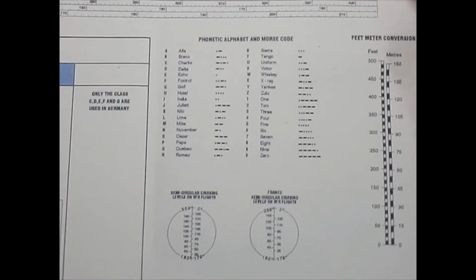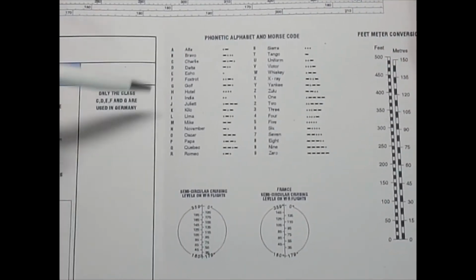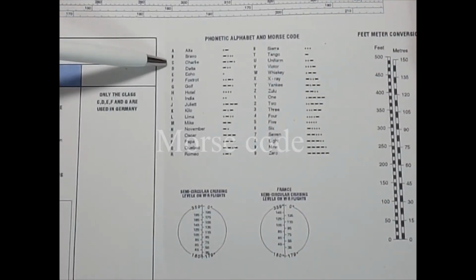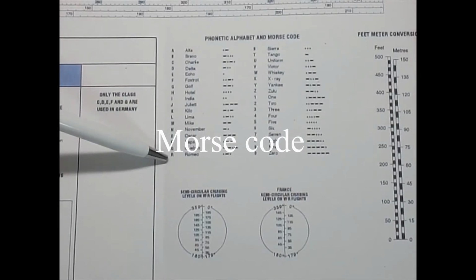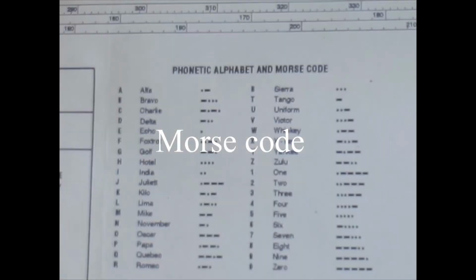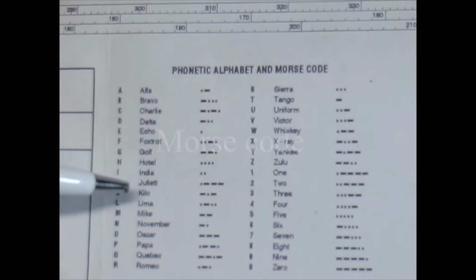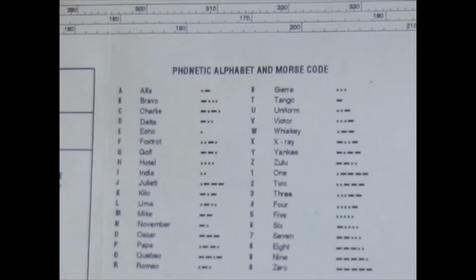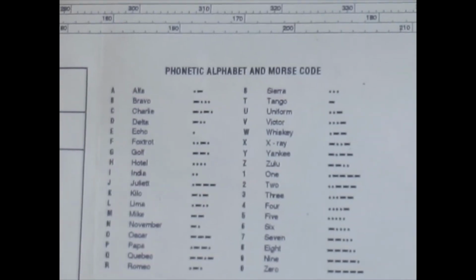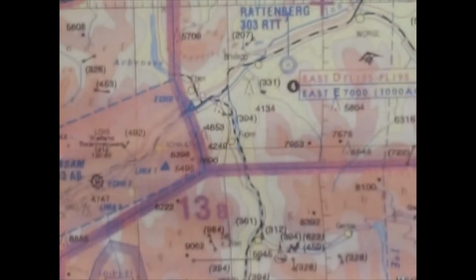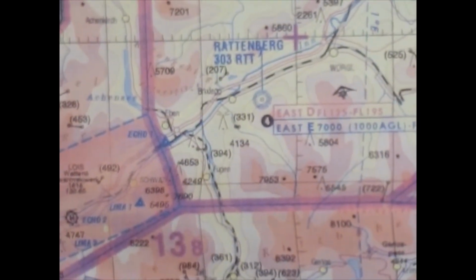There's also a convenient table that will help us with reading the identifications or the idents for the various facilities. So here's a convenient Morse code table. The Morse code table can be used to help positively identify navigation aids. For example, let's say we're